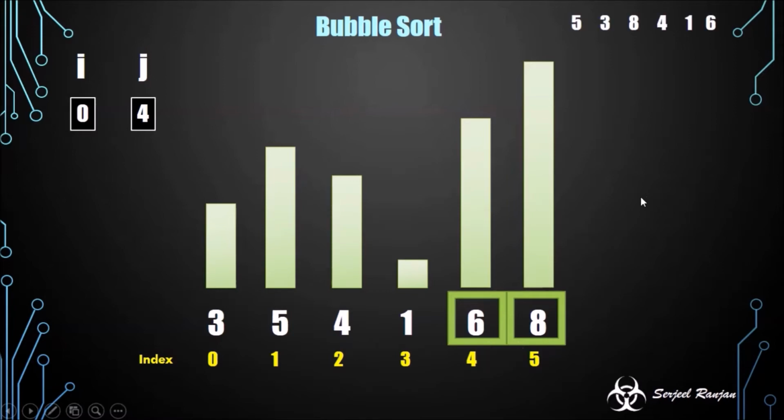Okay, so let me have a copy of the original array in the upper corner: 5, 3, 8, 4, 1, 6. What is the special change you have observed? This is important to understand why this is called a bubble sort algorithm. Let me tell you, the biggest element in the array, which was 8, has come to the last position, and as you know, in the sorted order, the biggest element should come to the last position.